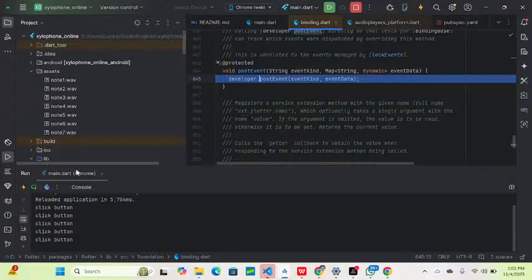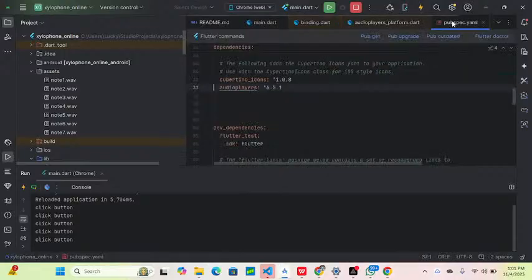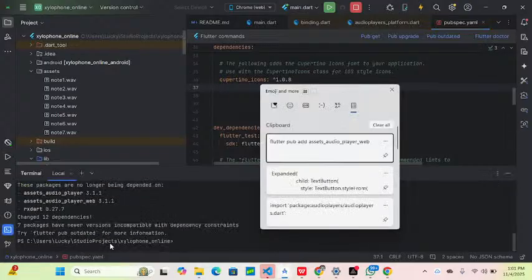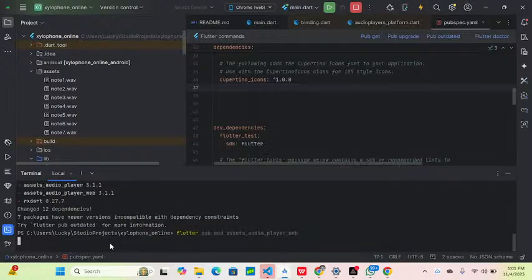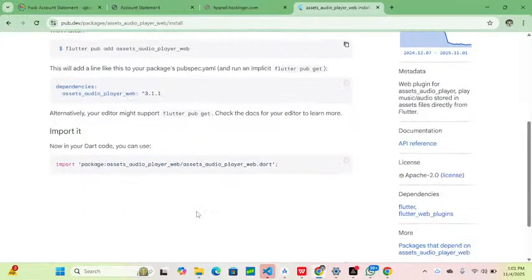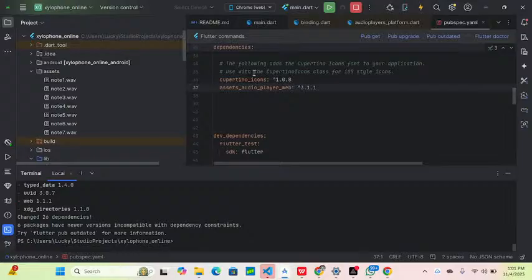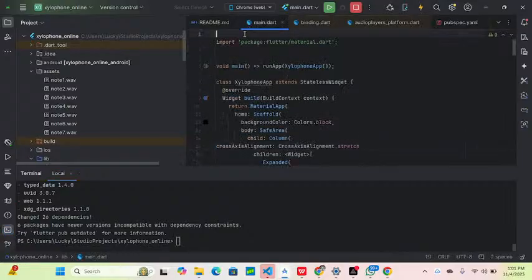We just want to add it to play sound. So let's come to, okay, these are package. Let's come to our pubspec. Let's delete this. Let's paste this in our root folder. Okay. Let's allow it to add it. While it's adding, let's import this. Okay, this will be added to our dependency. Let's import this to, okay, that's added it. So let's come over here and import it to